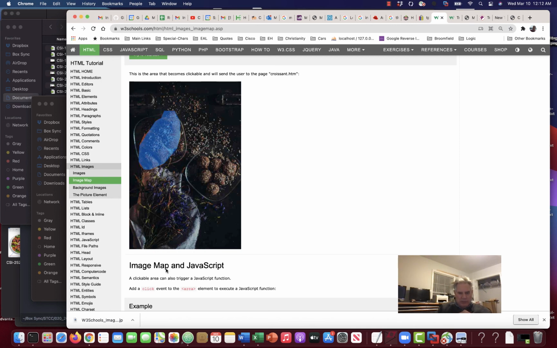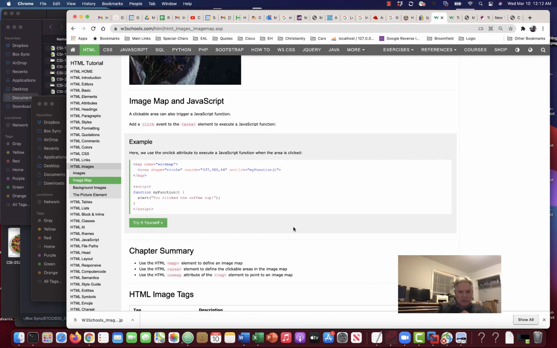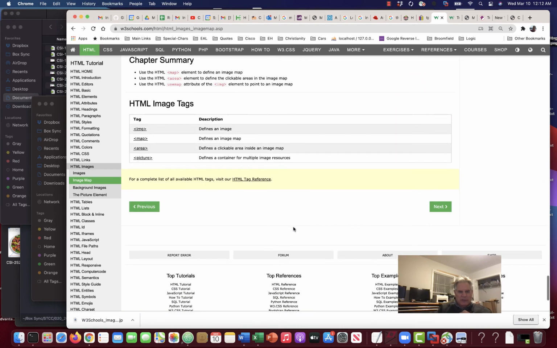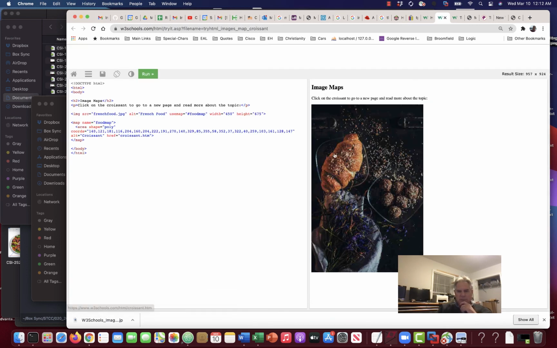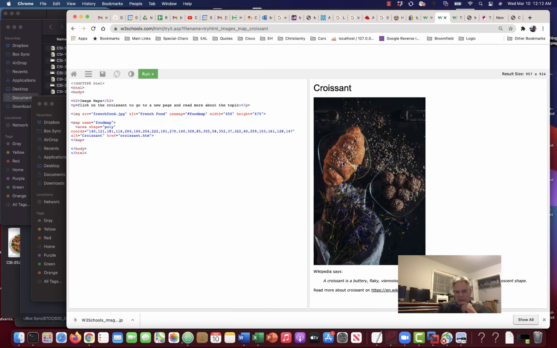But when we, let's see, where's their, it says try it yourself. So you can see that our cursor becomes a finger, index finger, when we're over the croissant, and when we click on it, it takes us to a place that says, Wikipedia says a croissant is